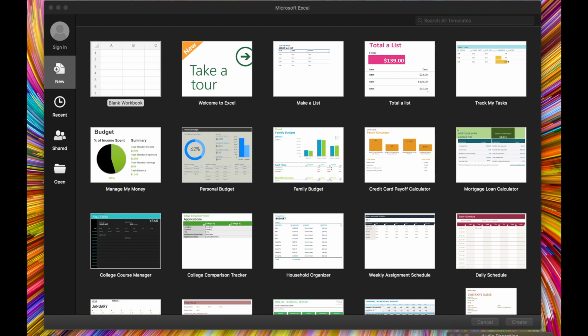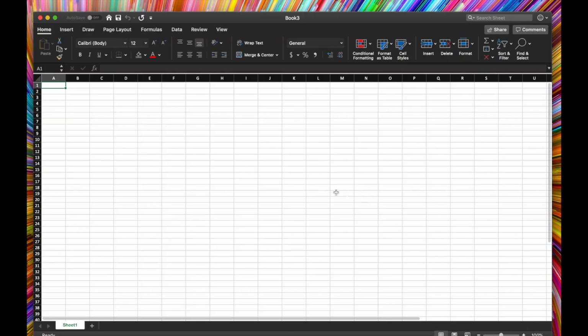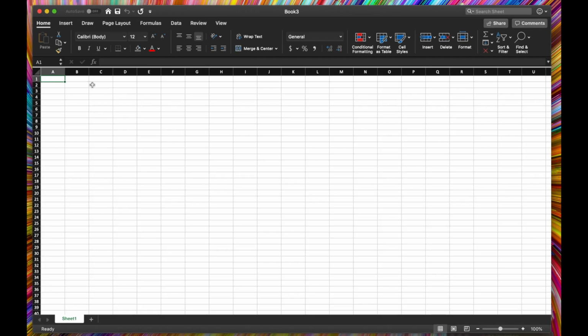So just to start off, I'm using Microsoft Excel here, and I'm just going to open a blank workbook. The first thing you'll notice when you open a blank workbook is that the row height and the column width are different dimensions. But in a chart, each one of the stitches is a little square. So the first thing I'm going to do is switch each of these into being a little